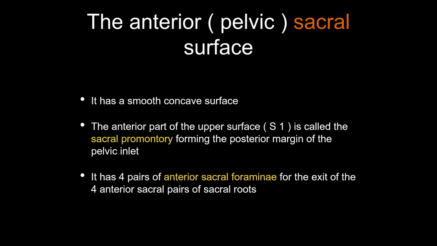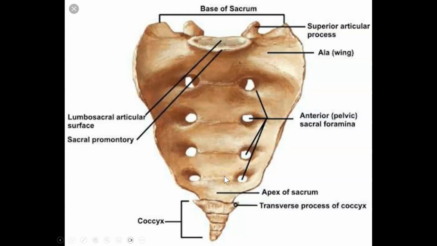The anterior pelvic sacral surface, as we said, is smooth and concave. The anterior part of the upper surface is called the sacral promontory, forming the posterior margin of the pelvic inlet. And of course we talked about the sacral foramina another time. Five fused vertebrae,